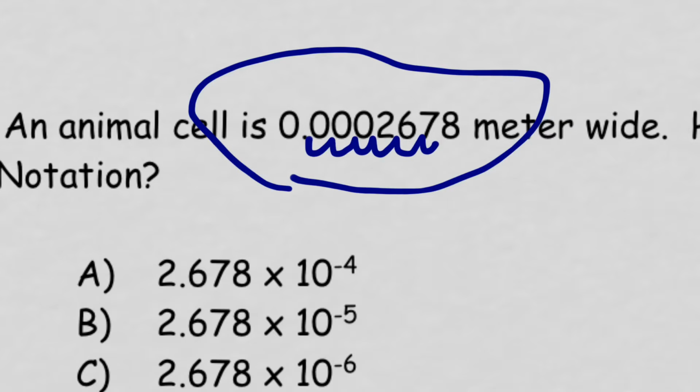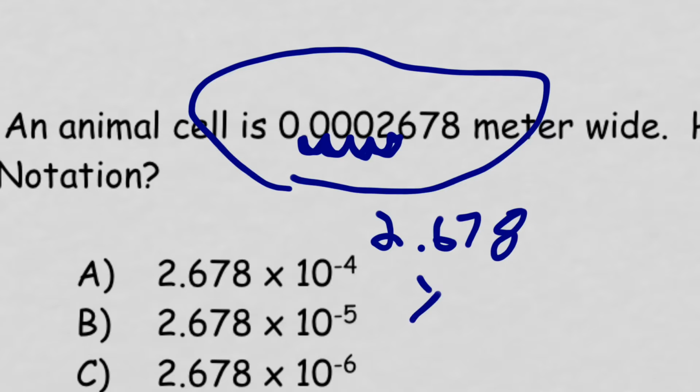Let me just back that up because I can't really see what I'm doing here. We want to stop between the 2 and the 6, right? Because we need exactly one digit to the left of the decimal point. Okay, so 1, 2, 3, 4. So we have to move the decimal point 4 places to the right, or multiply this by 10, 100, 1,000, 10,000, and then we get